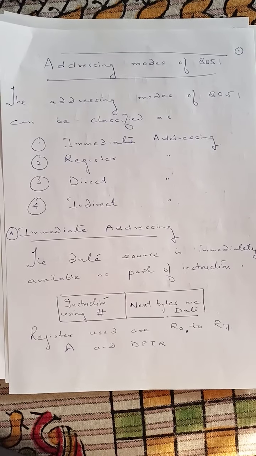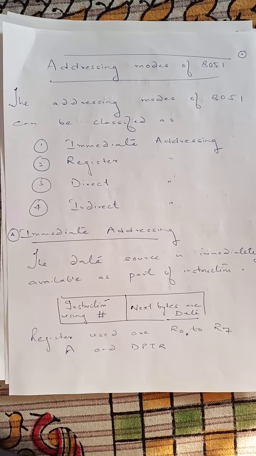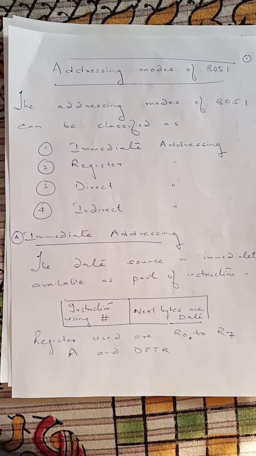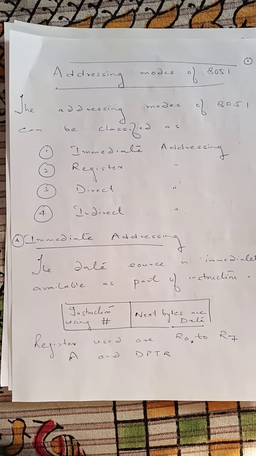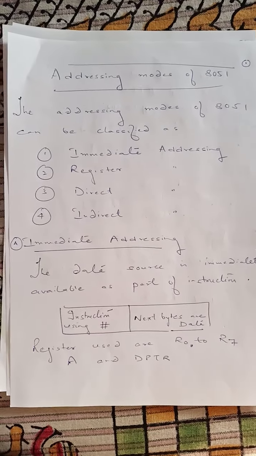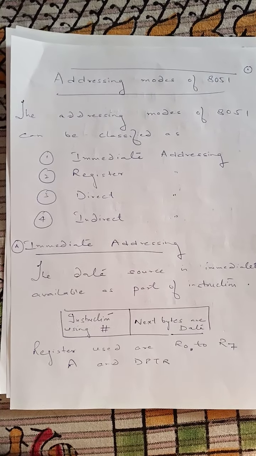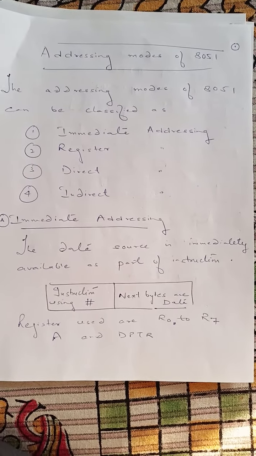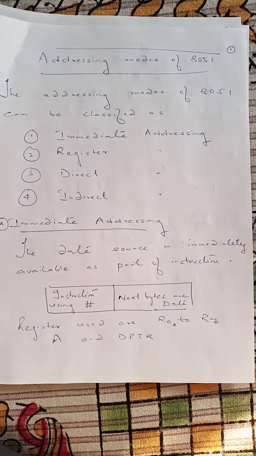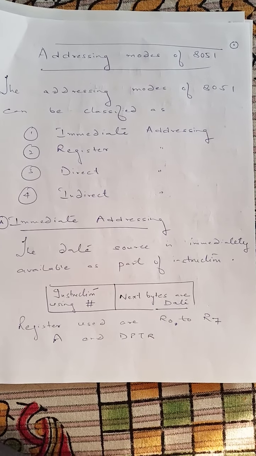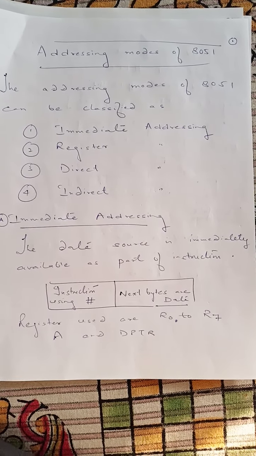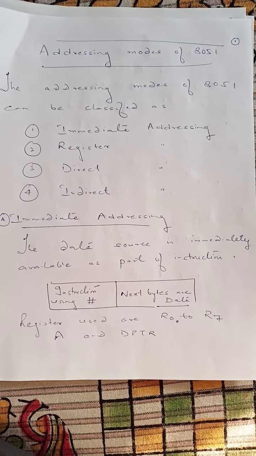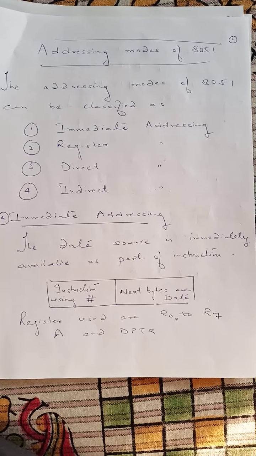So, as we have discussed in 8086, each and every processor or microcontroller has some addressing mode. When we talk about 8051, it is almost a compatriot of the 8085 8-bit microprocessor. You will find most of the instructions quite similar to the 8085 8-bit microprocessor. So the word immediate addressing is found in the 8085 microprocessor as well. As you know, we use immediate addressing when we talk about data.